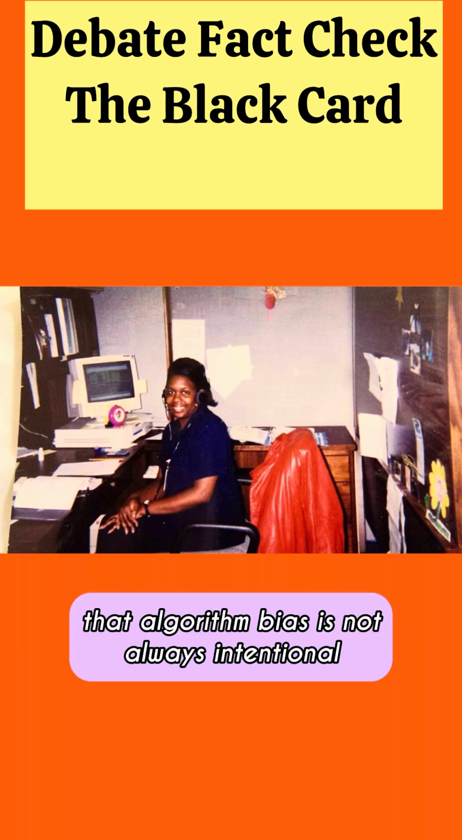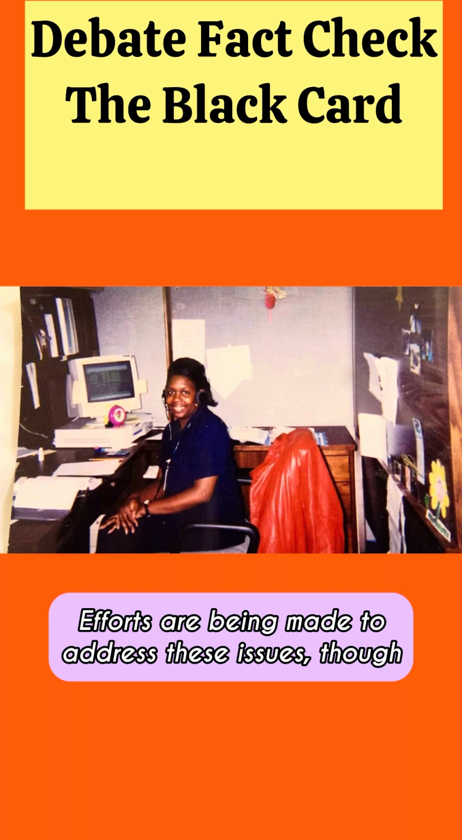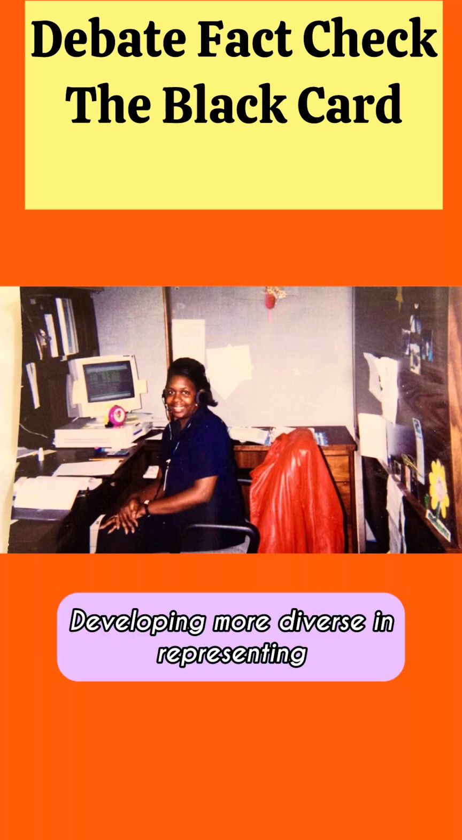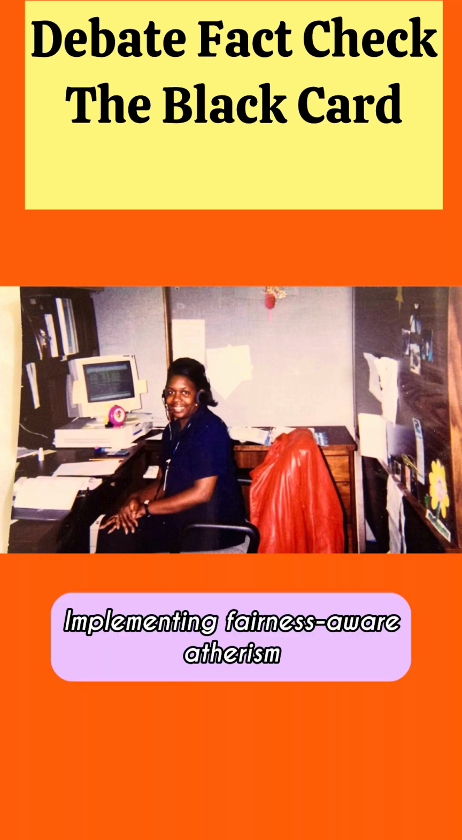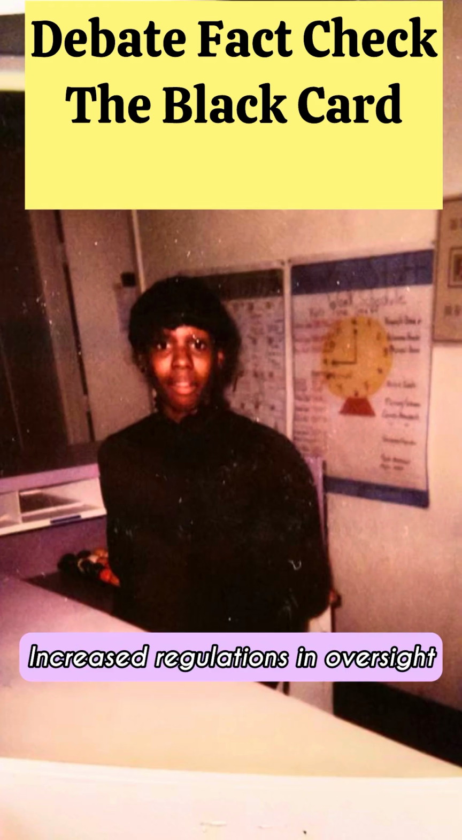Criminal justice algorithms have been shown to produce biased predictions regarding the likelihood of recidivism, disproportionately affecting minority groups. It's important to understand that algorithmic bias is not always intentional. However, the consequences can be just as harmful. Efforts are being made to address these issues, though: developing more diverse and representative data sets, implementing fairness-aware algorithms, increasing transparency and accountability in algorithmic decision-making,